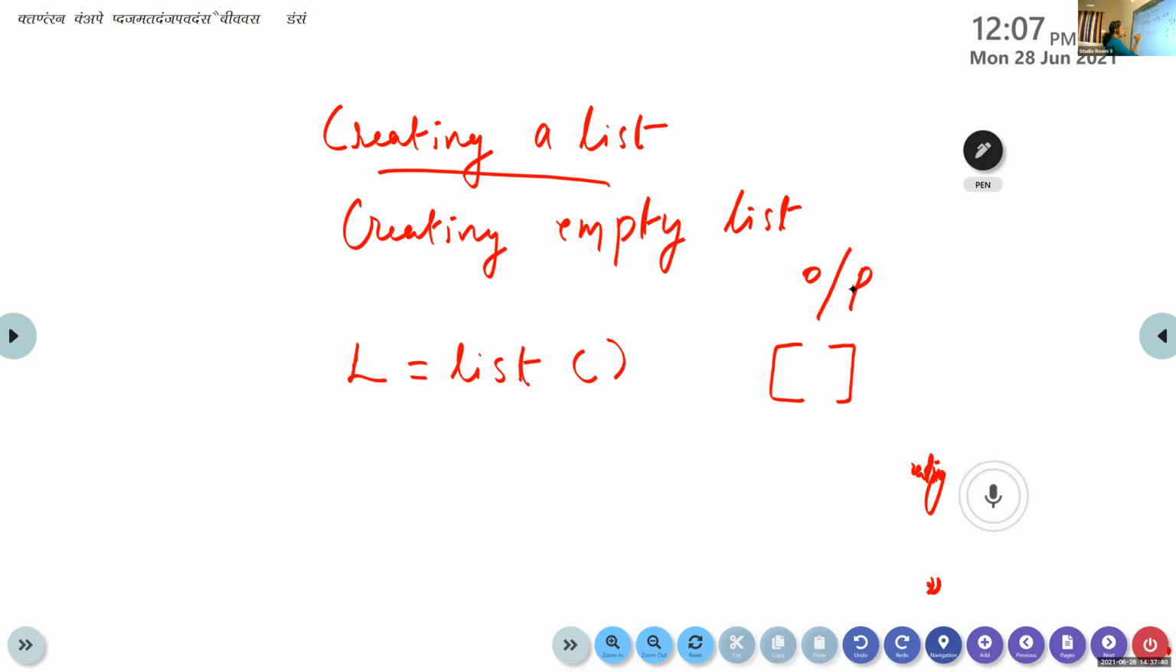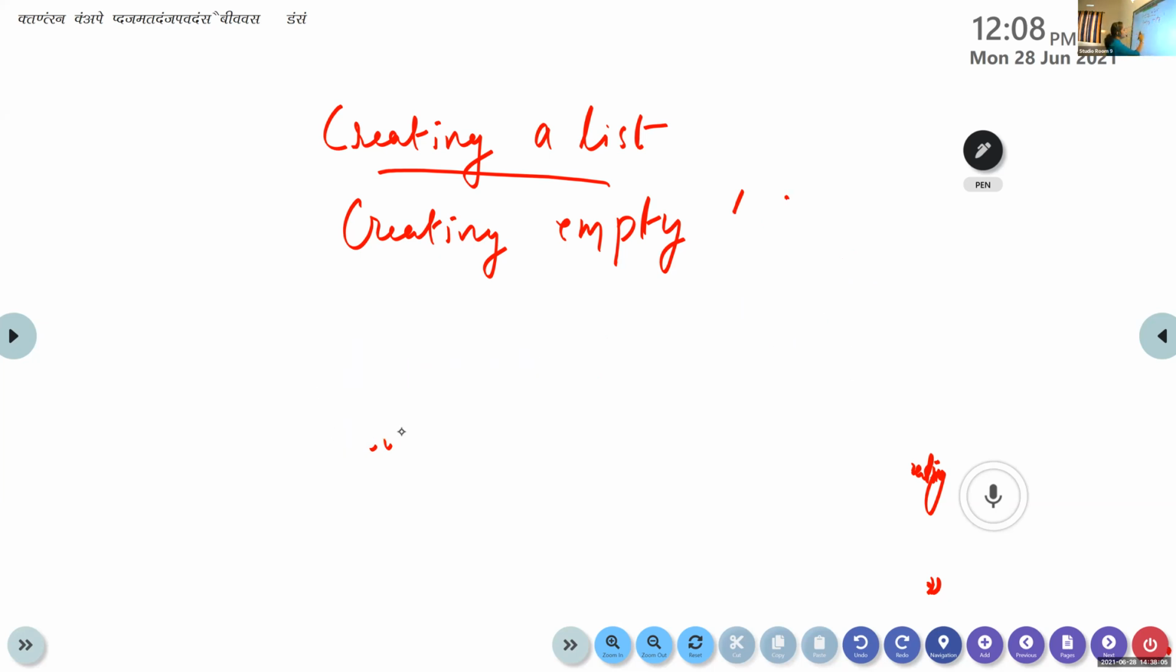L is equal to. We can give any name here. We can give L1 or list1. Any name we can give here. Okay. List1, L1, L2, any name. Okay. L1 is equal to list with empty brackets. So the output is empty square brackets. Okay. Then if you want to create a list with integer values, for that,